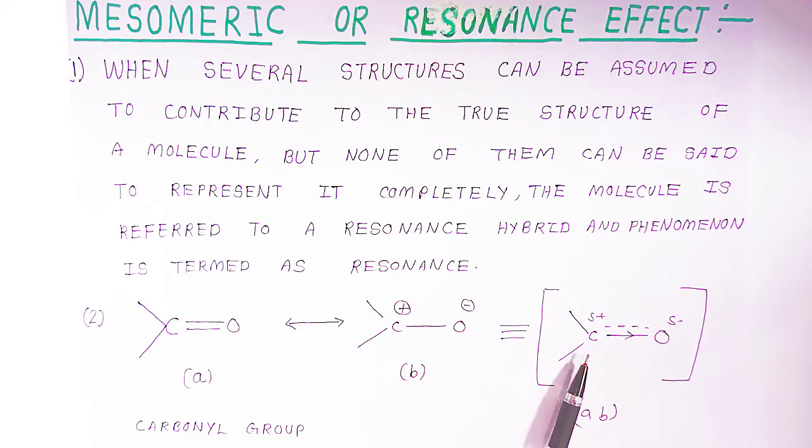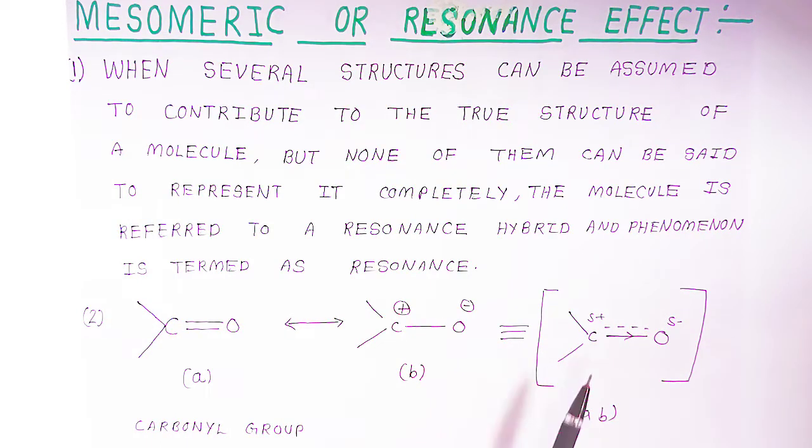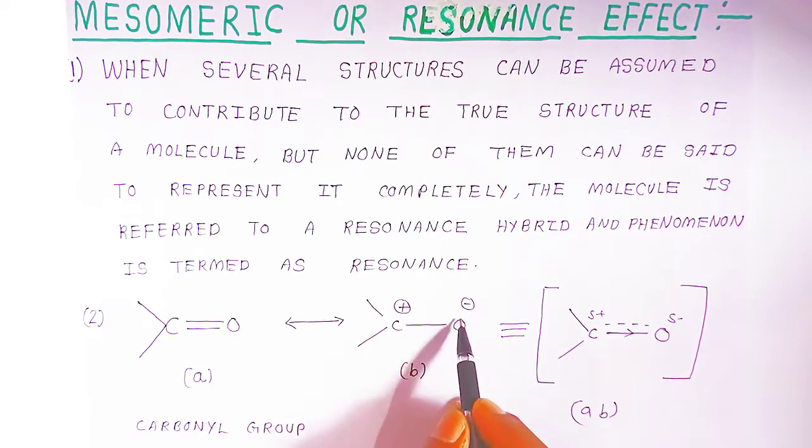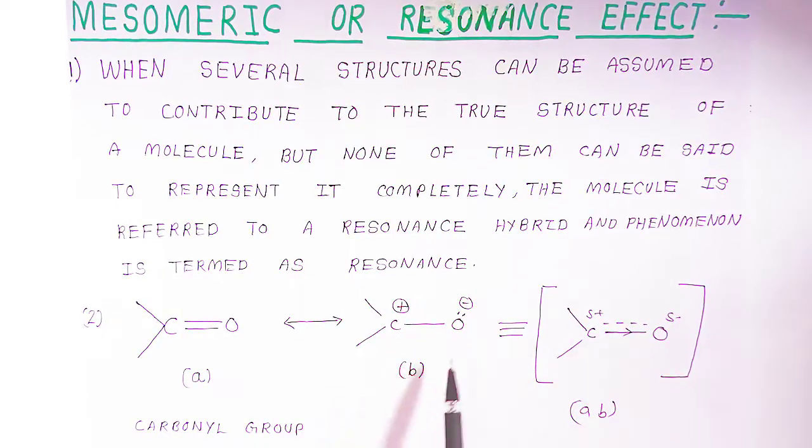This structure you can write as a canonical structure. The complete structure of the carbonyl group you can represent like this. Here, between carbonyl carbon and oxygen, there is a double bond. If one bond is shifted, that is why I have drawn only one line. That means one pair of electrons is coming here. Because of that pair, the oxygen will have a negative charge and the carbon will have a positive charge. So A and B are the hybrid structures.